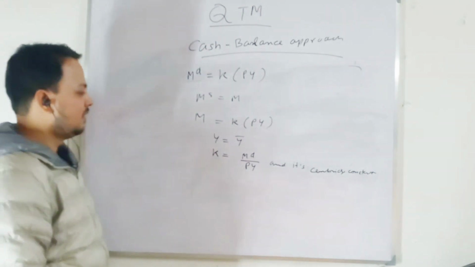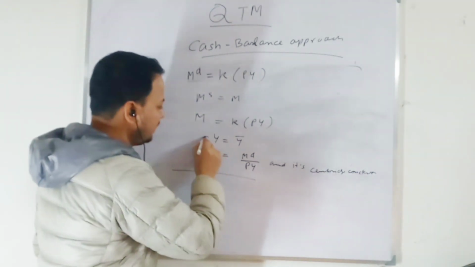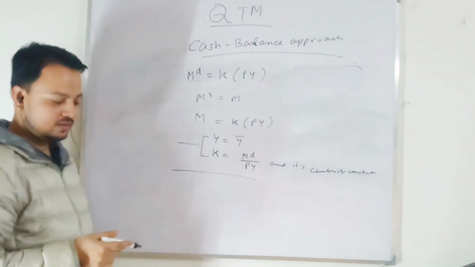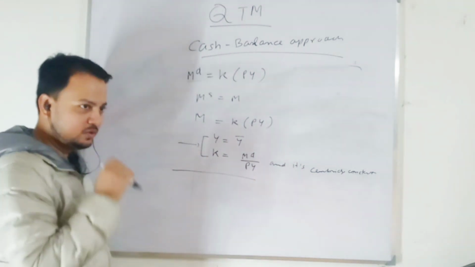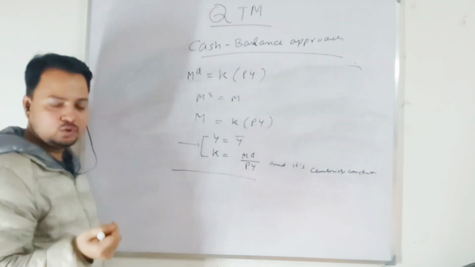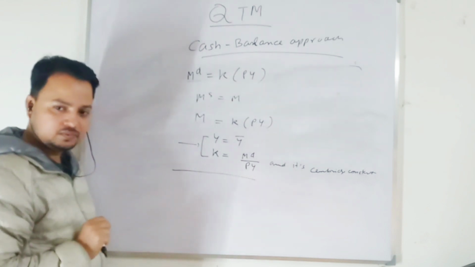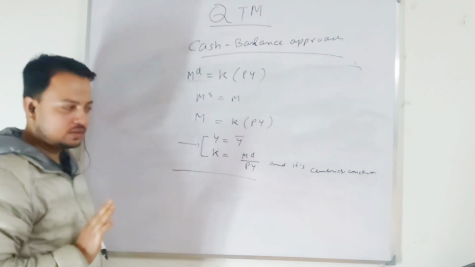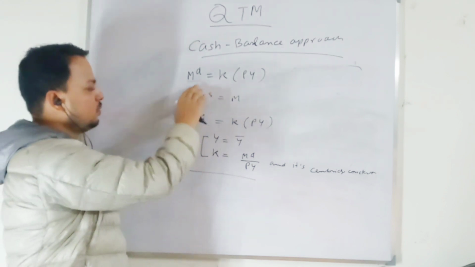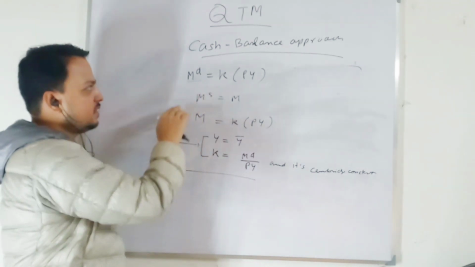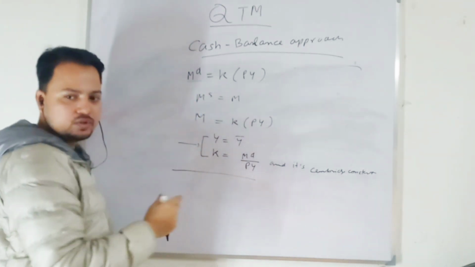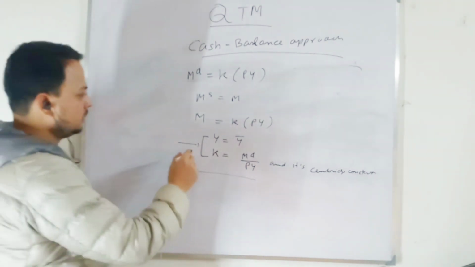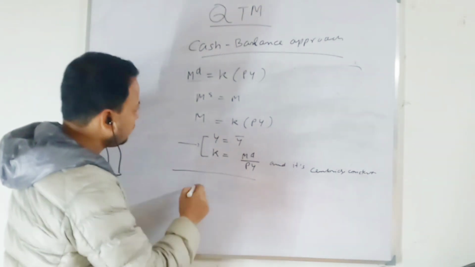Okay. So after having these two specifications, when I was doing the equation of exchange, I converted it into the theory of money, right? By taking some assumption. Yes or no? So here also I am taking some assumption to convert this cash balance approach into the velocity approach. This is what I am doing. Now look at this equation.